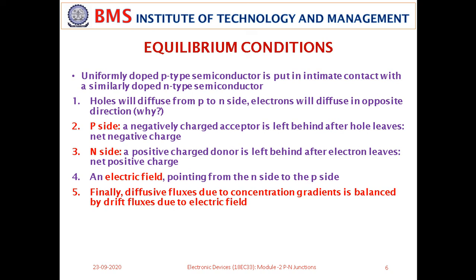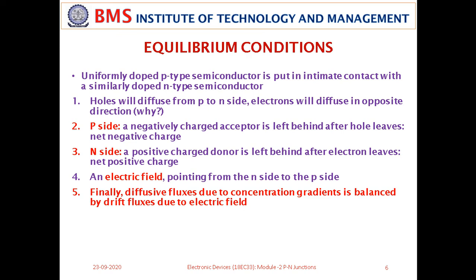You might have come across the diffusion process in your 10 plus 2 experiments, like the osmosis process, where charged particles move from a region of higher concentration to a region of lower concentration. Have you come across these types of experiments in your earlier pre-university classes? Always, if you have water placed in a tank, it moves from higher potential to lower potential. So the movement of electrons and holes also takes place along the concentration gradient here.